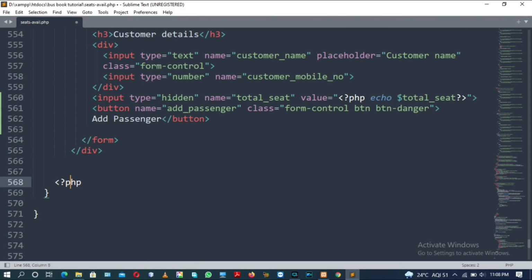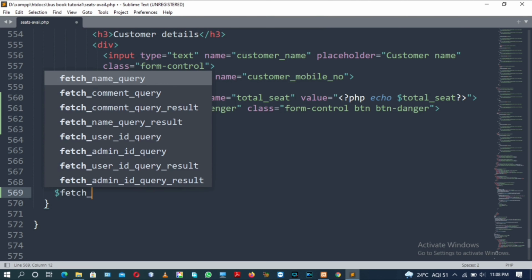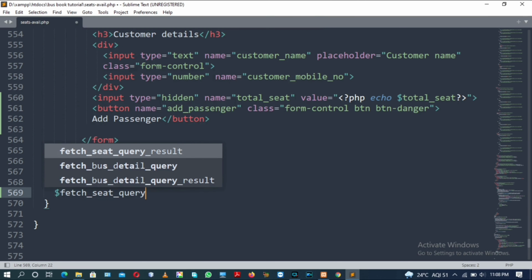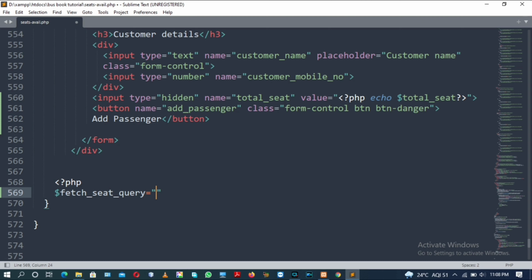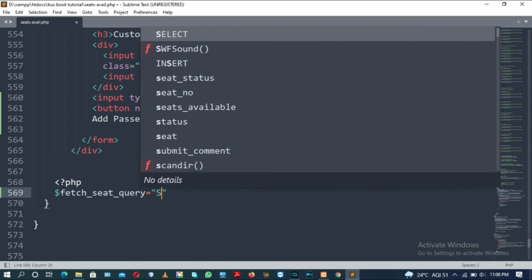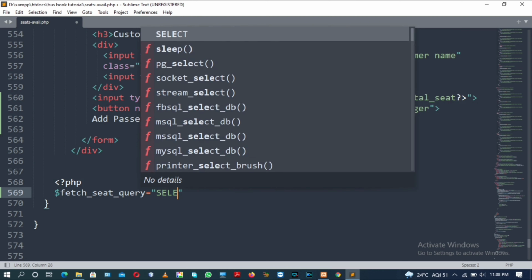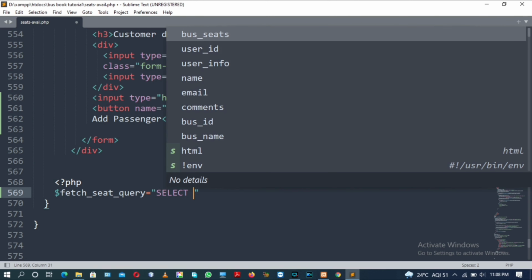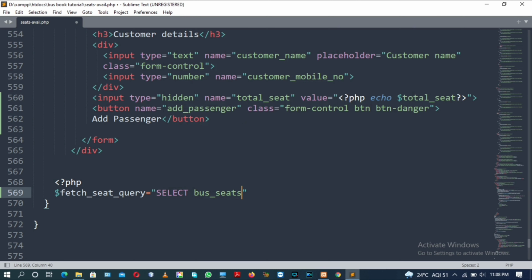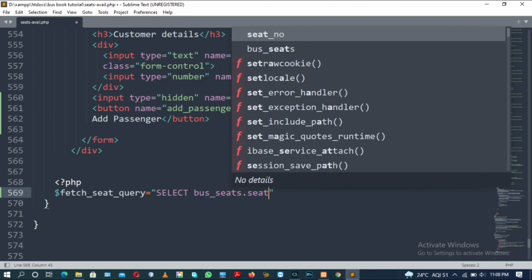After that the PHP tag will be opened for writing the PHP script. There will be a variable called fetch seat query, which is assigned the SQL query for fetching the seat number of a specific bus ID chosen by the user. So for this, write an SQL query: select bus seats dot seat number.